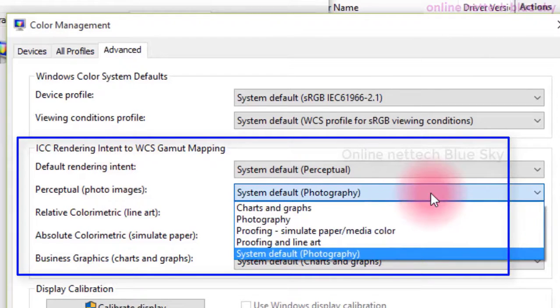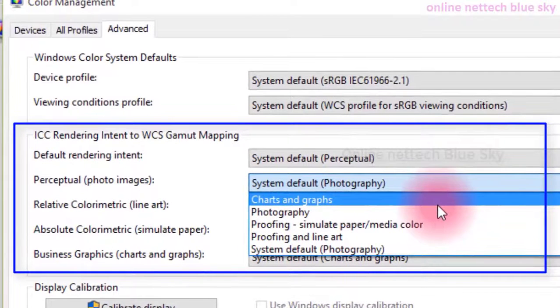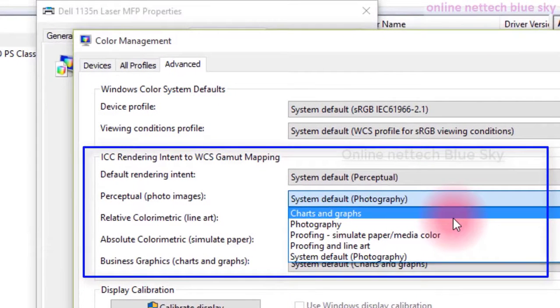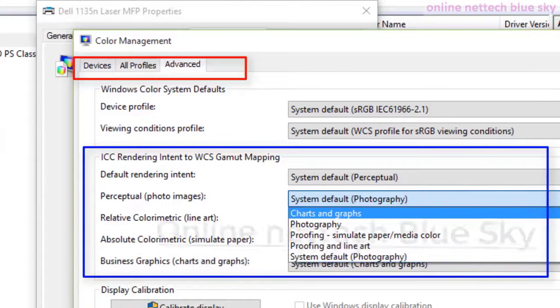You can see chart and graph and photography, select here. This is the default for photo images working with this profile. So for photo work with changes and photography in the color management system, you can use photo images. All three of these in color management help you with color and systems.